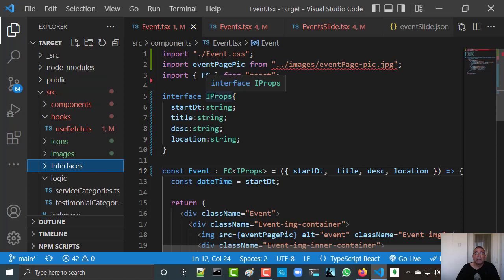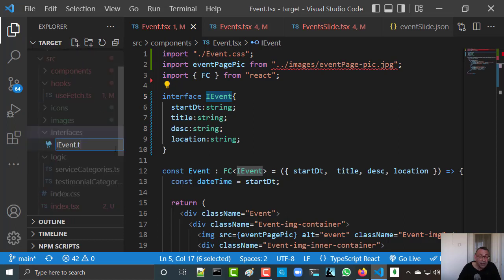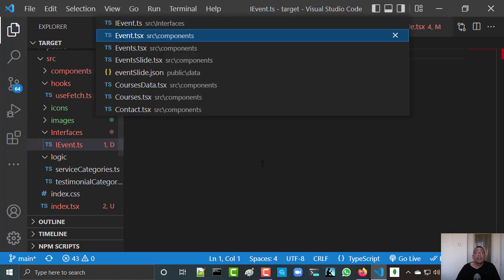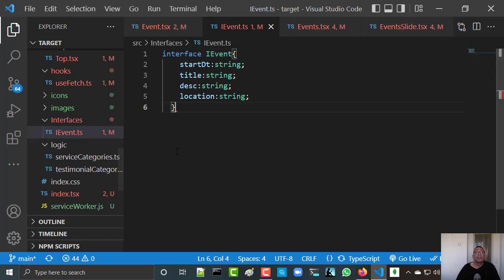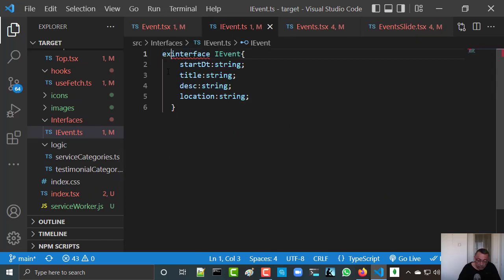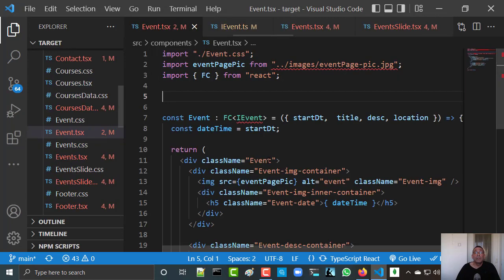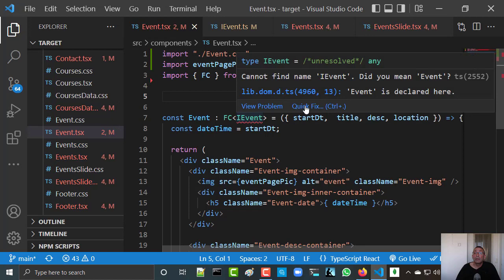So let's create here iEvent.ts. And let's just take this, export default, and let's use it. Okay, we can use it here, quick fix,